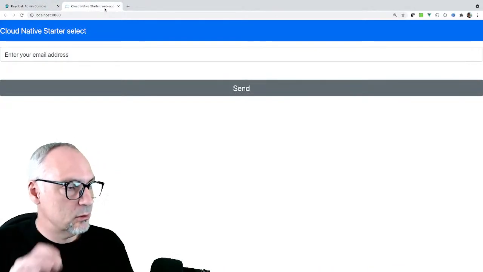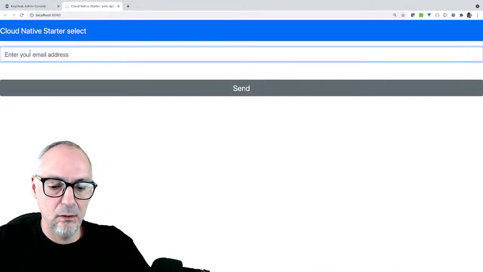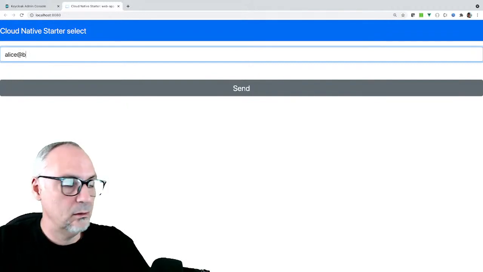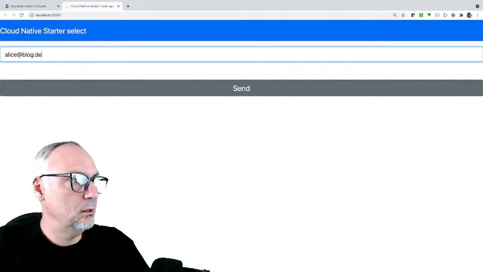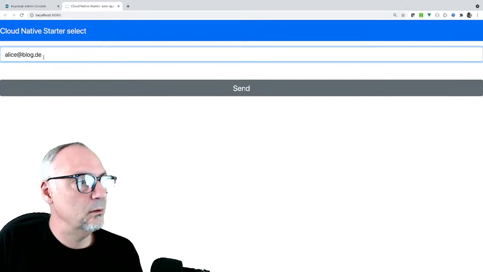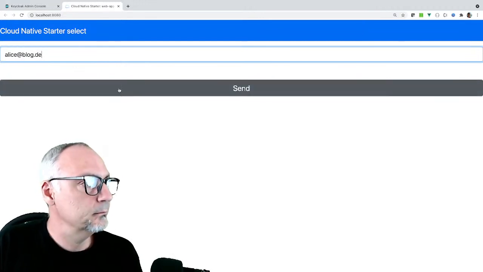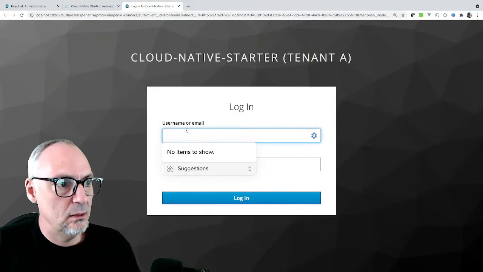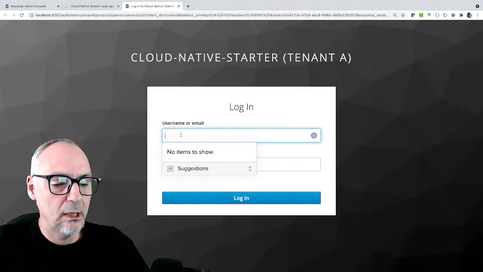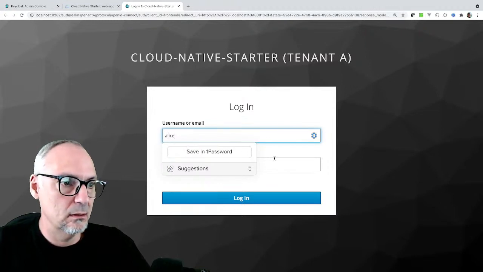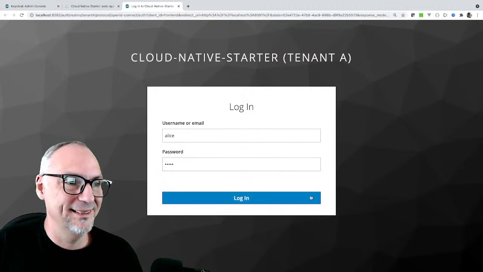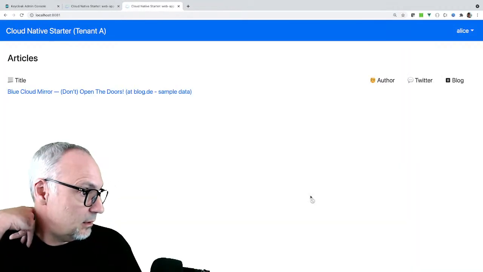into the application. So now I log on as Alice, and call it clock.de. So that's the DE, which should be the first tenant. Yeah, I send it, so I'm routed to the first tenant, as you can see here. And then I say Alice. So if I have no typo, and you can see here, yeah,